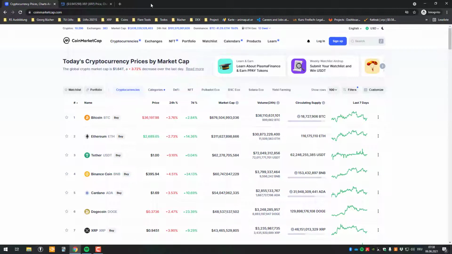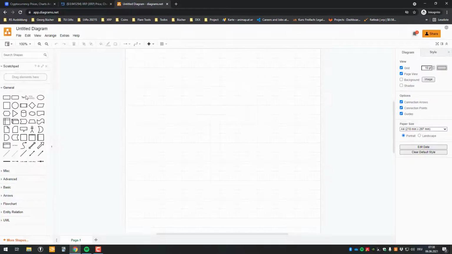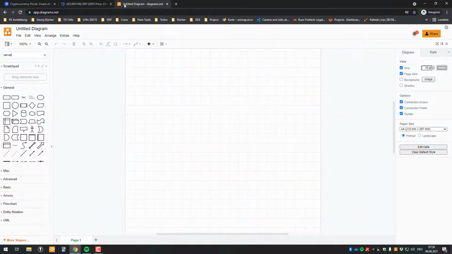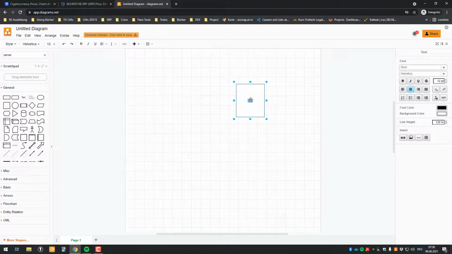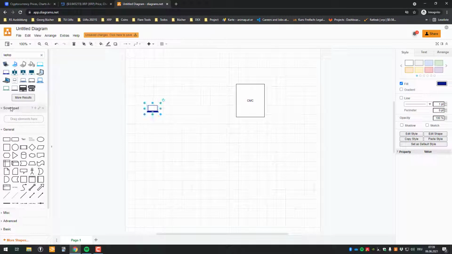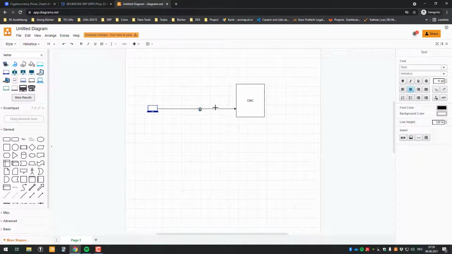First, we need the technical understanding of that. So the thing here is, for example, let's quickly take a server. Whenever you're requesting a website, for example, when we go to CoinMarketCap, we've got the domain and we're sending an HTTP request to the server. So we've got here the CoinMarketCap server, I'm going to call it CMC, and there's my computer. I'm going to take a laptop or something like that. So the first thing when I enter the URL and press enter, I'm sending a request to the server, and I'm telling it, give me the site.